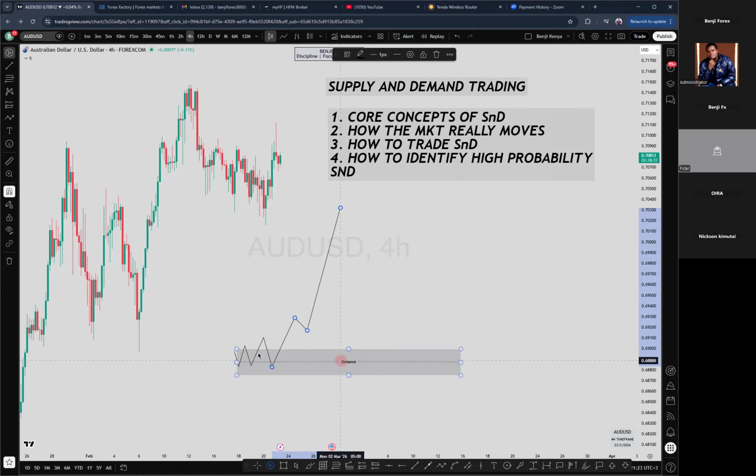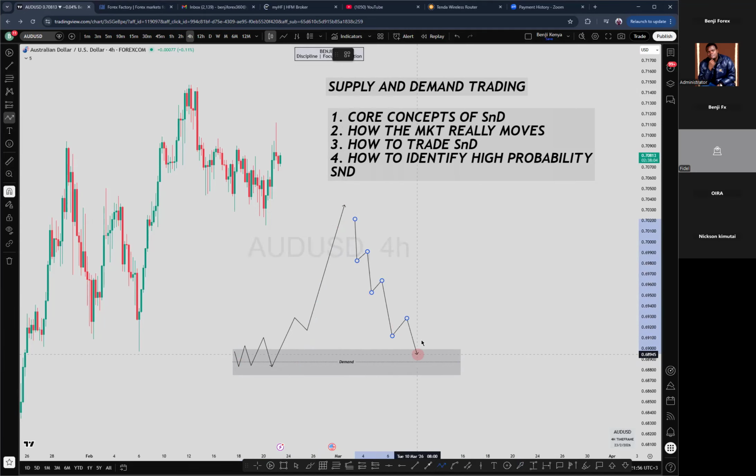So a demand area, which is this area, all right, is an area where we have strong buyers, okay? And these strong buyers, we cannot see them with our eyes, but you can see them with how the chart moves, okay? It's as simple as that. So whenever we have big impulsive buys that have happened in the market, there's usually a demand area that has been formed in this particular area. And our work as traders is simple, is to wait for the market to come and pull back